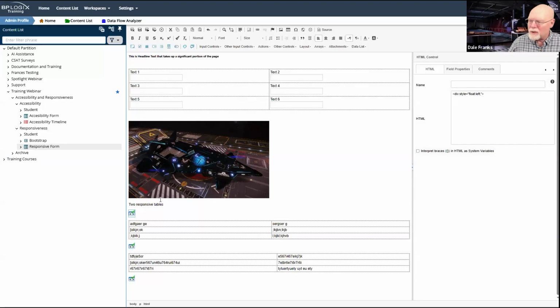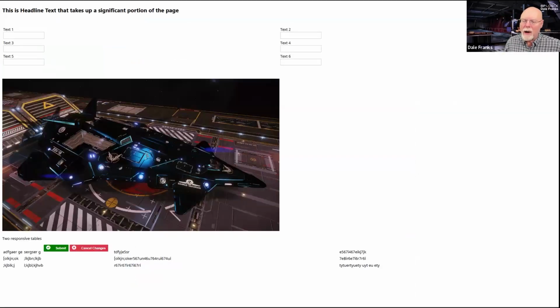So I have these two tables here, and I've set one to float left and one to float right. So when I look at my form, I actually have two tables. This one floats left, and this one floats right.